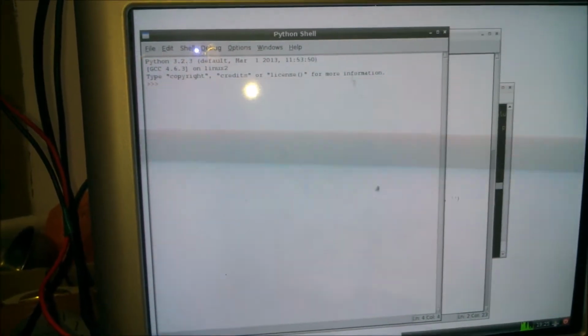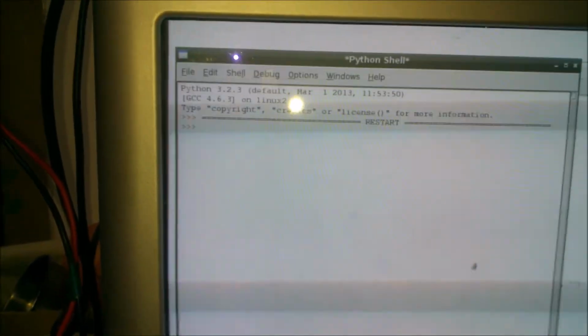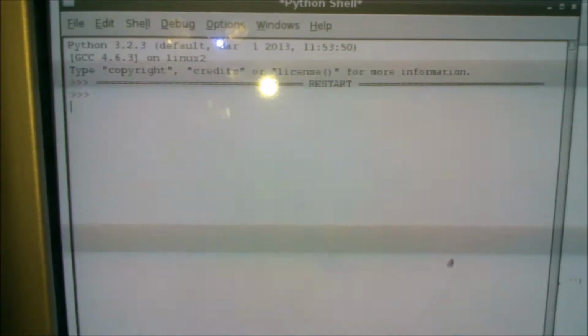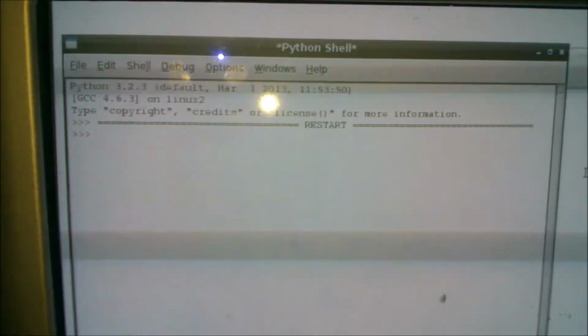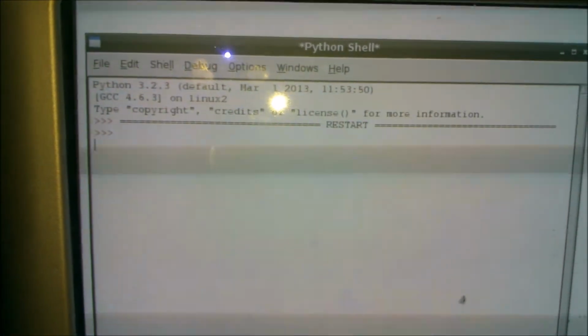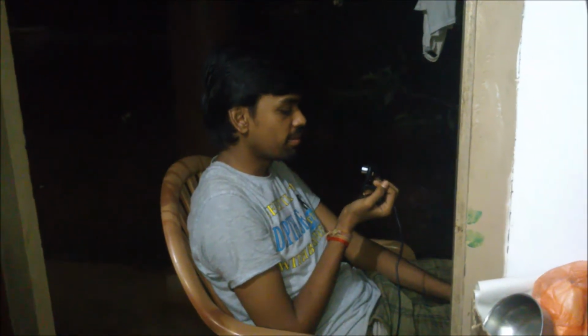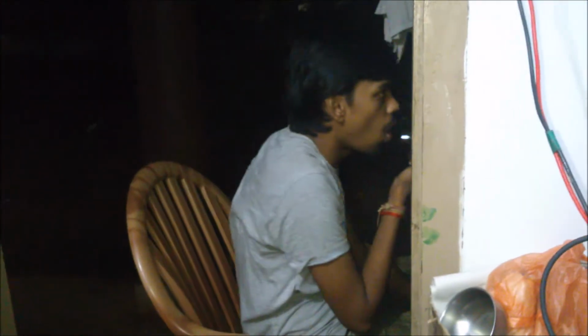F5. Yep, now it has been started. Now by simply saying "on", it will start execution of the program. So my friend Pawan will say "on". He's having a microphone. It's a camera basically, but we are using the microphone inside this camera as a speech input. On.